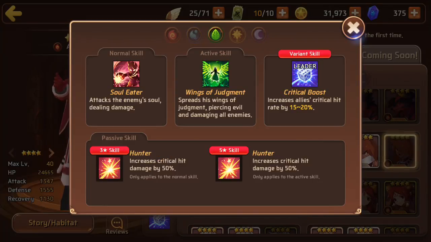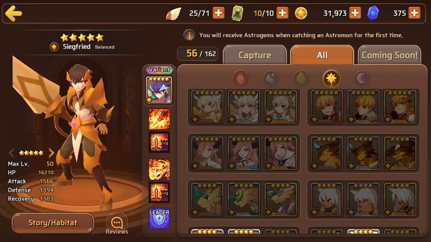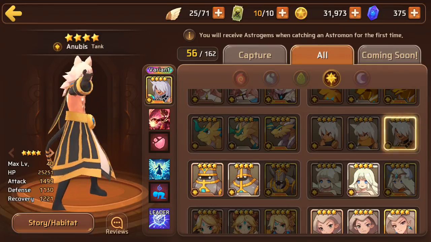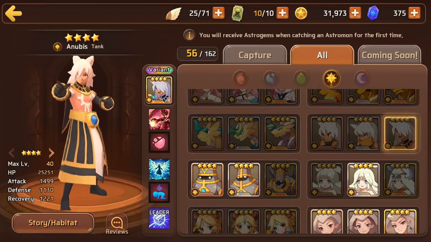I think that's the saying. Wood Anu is just Hunter on both 3-star and 5-star, a great wood attacker. And Light Anu is 100% defense down and a 60% chance on Thirst. Light Anu is pretty much the best defense downer in the game, probably, since the only other 100% defense downers are Water Shelly and Wood Gatito, and those are both attackers that are Nat 3, and one of them you can't even get anymore. So Light Anu is a really, really solid monster to have if you need a defense